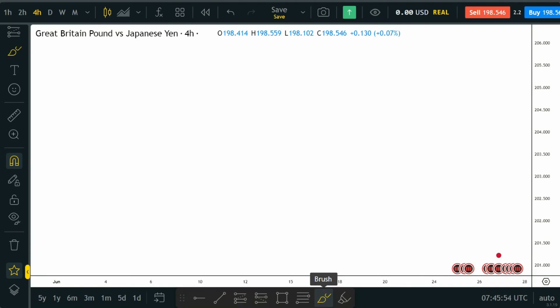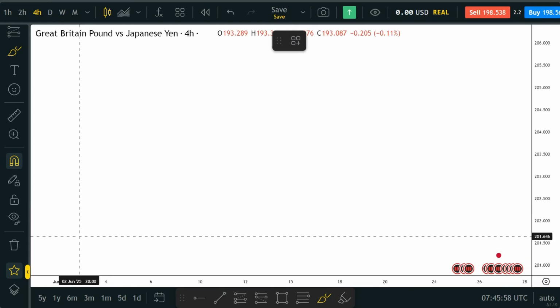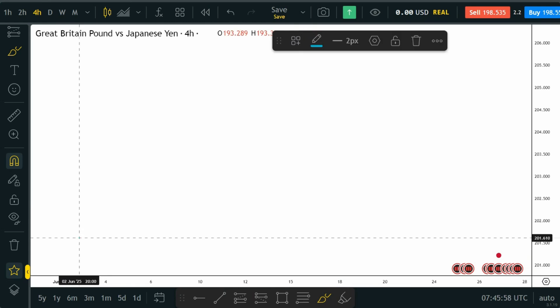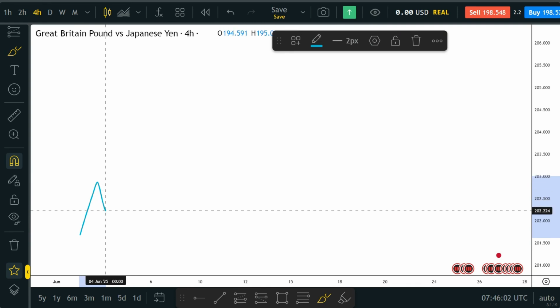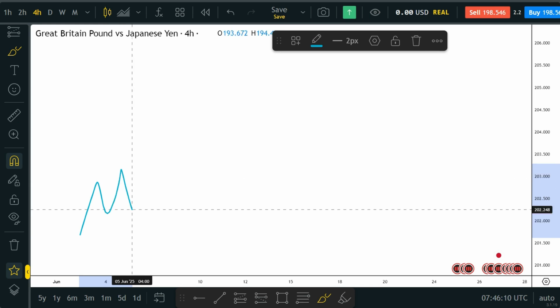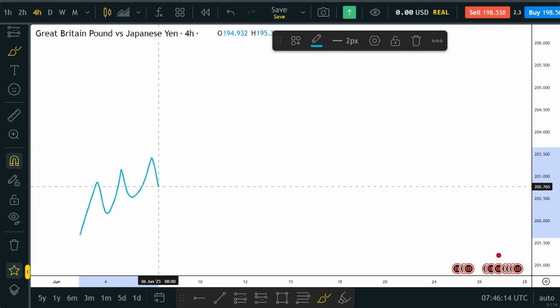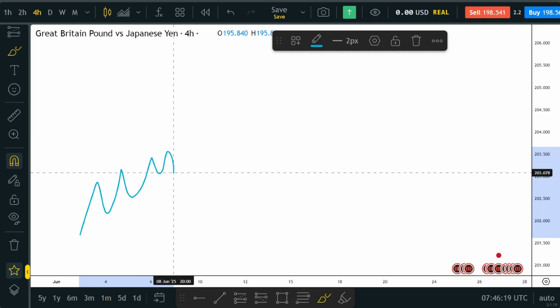So here's an example of how an uptrend looks like. An uptrend is usually a trend which is going to the upside. So we can see the market will be creating a wave of higher highs and higher lows, higher highs and higher lows, higher highs and higher lows. So this is just a simple definition of how